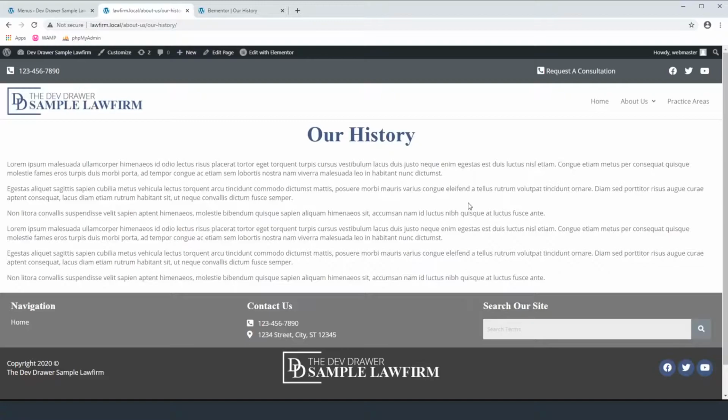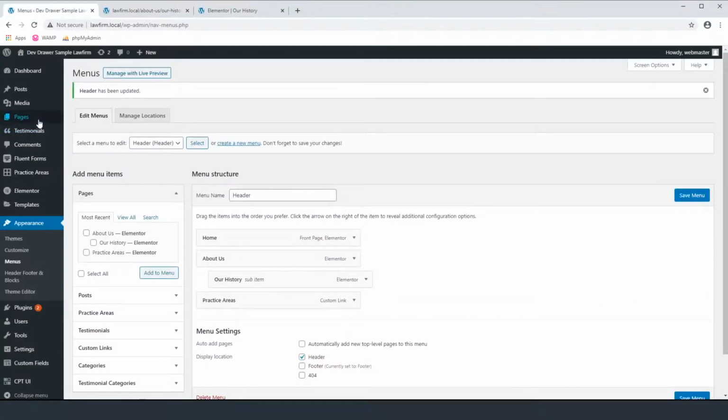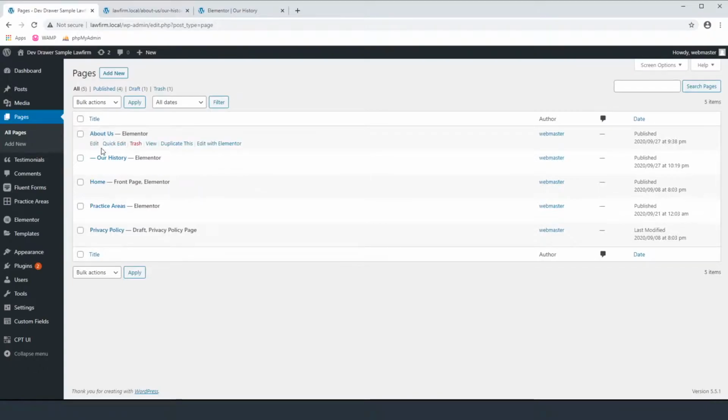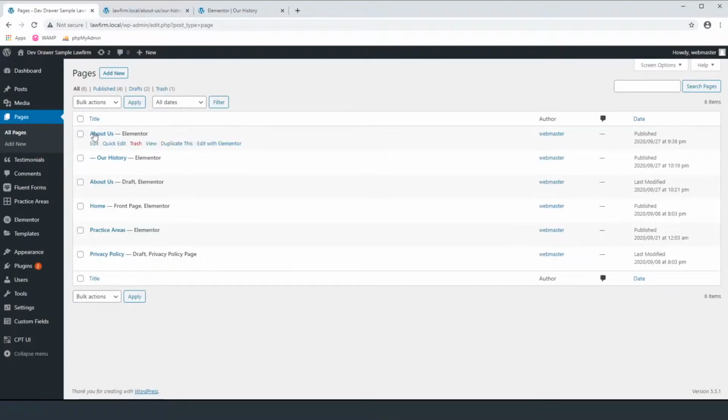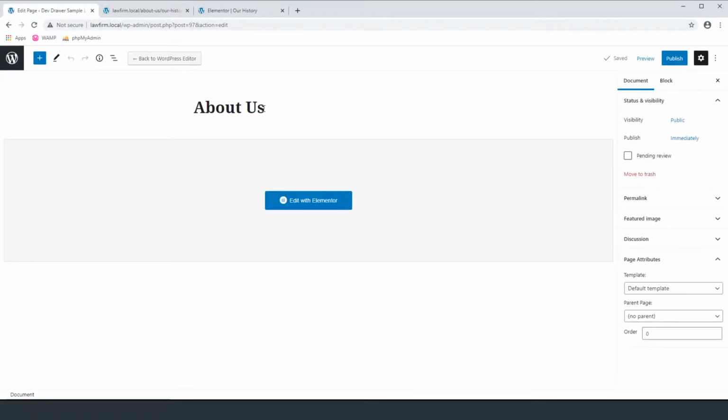Okay, so that's good. We have a single page created using Elementor, as well as a subpage of that. Let's go ahead and create a Contact Us page as well. So we're going to go back over here and let's just duplicate our About Us again. So once you have your template set up, you can duplicate it for your single pages. You don't have to really design each one of them individually unless you want each one of them to be dynamic and custom looking. So for right now, we're just going to rush through creating the content for these dummy pages. So Contact Us,